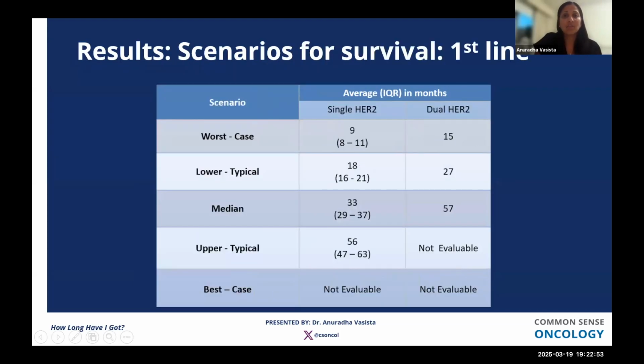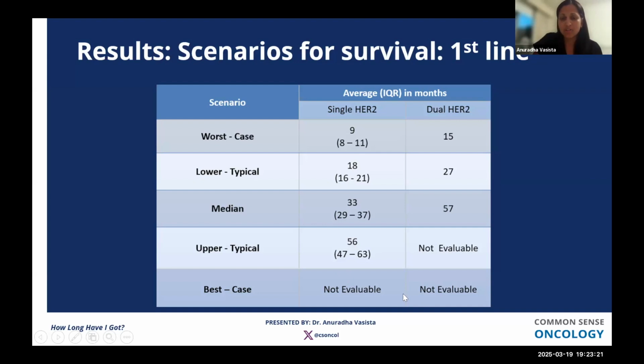Now, when we look at the scenarios for survival in the first line setting, you can see that the median was 57. The worst case scenario was 15 months, and the lower typical was 27, so that was multiplying the median by a half. And similarly, the median overall survival was 33 months in single agent HER2 treatment, with a worst case scenario of 9 months, and a best case scenario